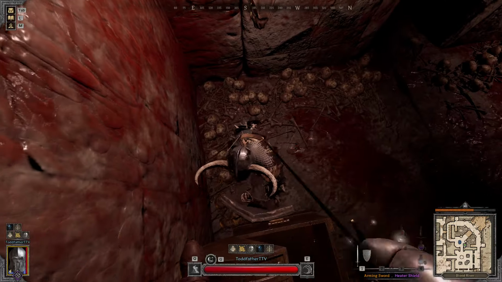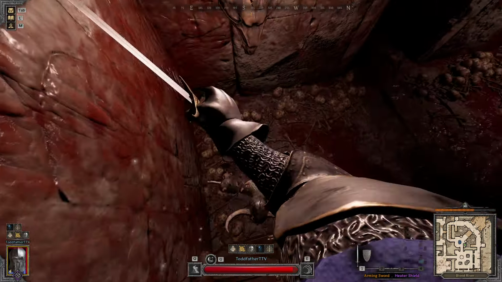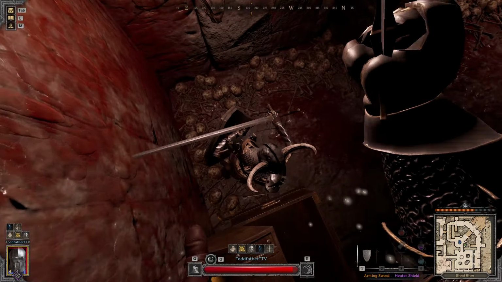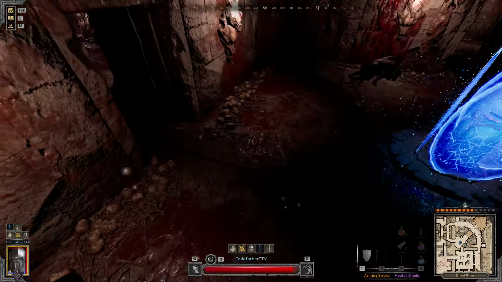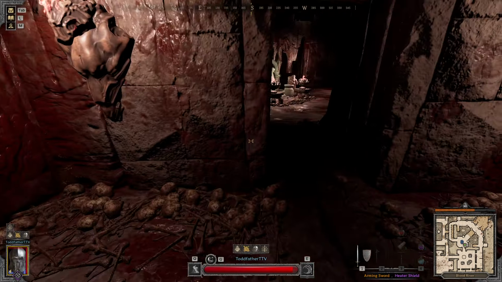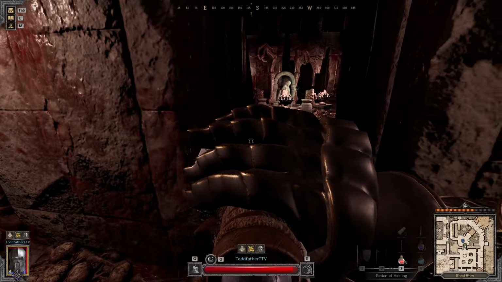Miss him a couple times, this is what it is. Hit his shield there somehow. And he should be dead right there. Loot him, never know if you get a gold key. I didn't, I'm unlucky. Got lockpicks, which is actually pretty nice, because usually there are going to be chests in